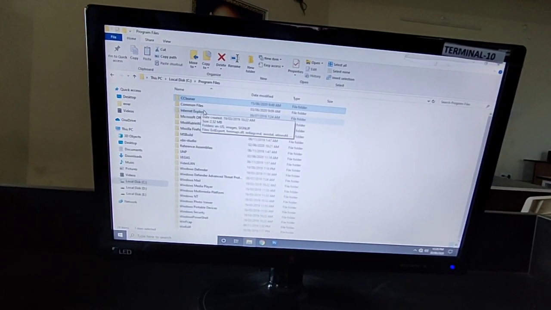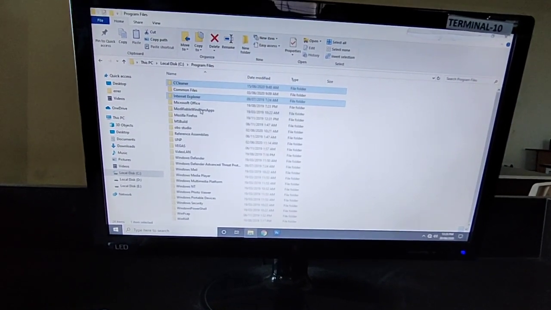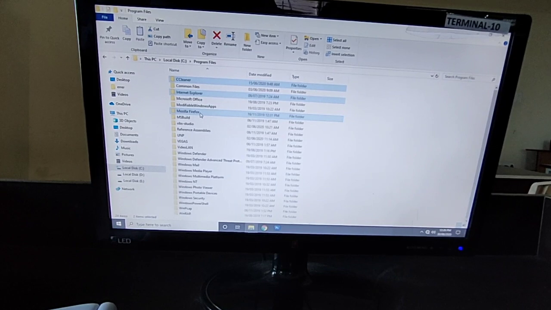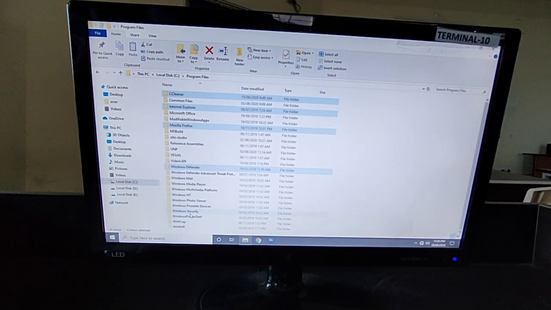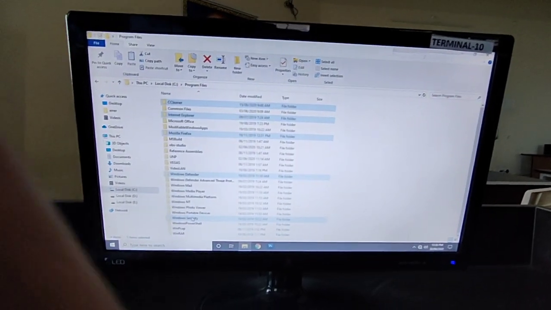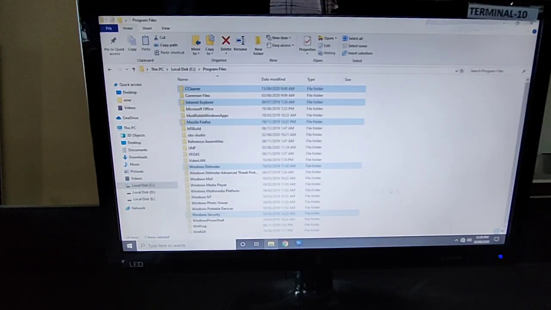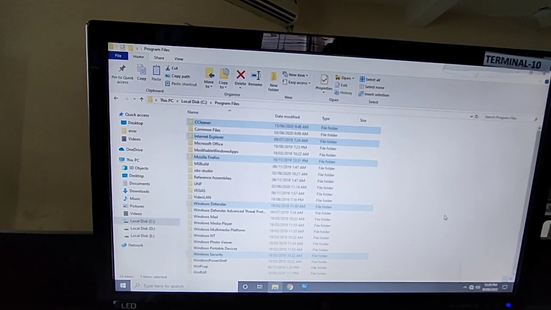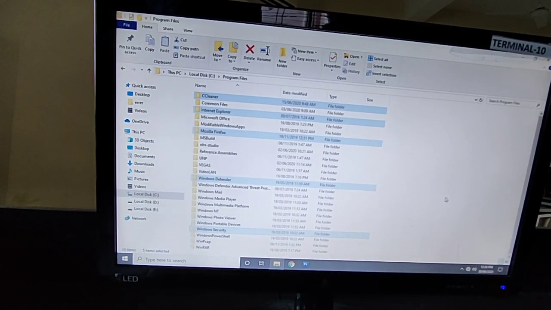Suppose Internet Explorer, Mozilla Firefox, Windows Defender and Windows Security. Only the folders you want to select are selected in this case, not all folders.